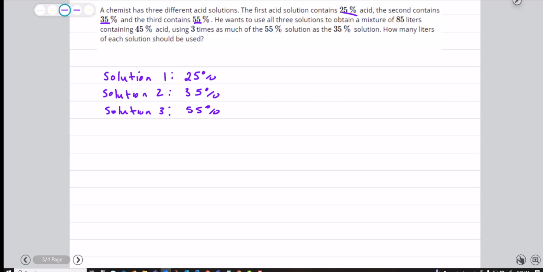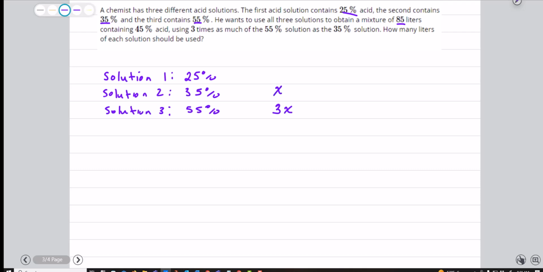And it says he wants to use all 3 solutions to obtain a mixture of 85 liters containing 45% acid using 3 times as much of the 55% solution as the 35% solution. And I don't know what all those words they want me to do. Okay, so we want 3 times as much of the 55%. So what would be good to do with solution 3 is we would make it 3 times